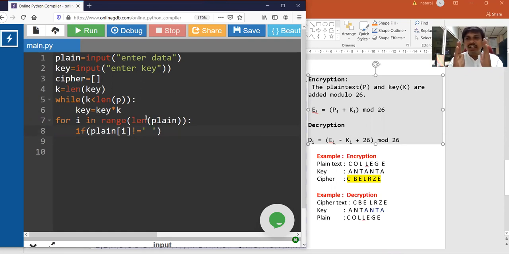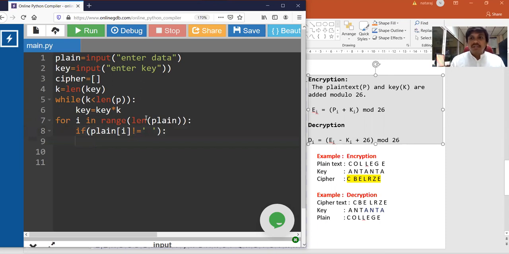The space should be like a space, or a number should be like a number. Only the text needs to be encrypted. So for that I have written, if the ith character in the plain is space, you don't do any operation, either encrypt operation or decrypt operation. Just let it be like a space.